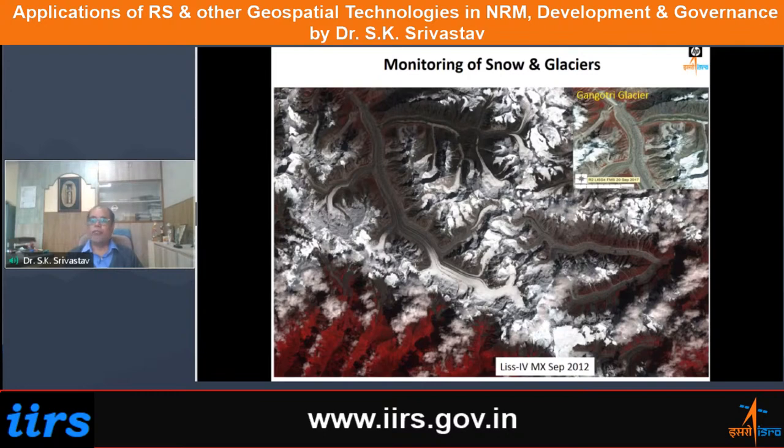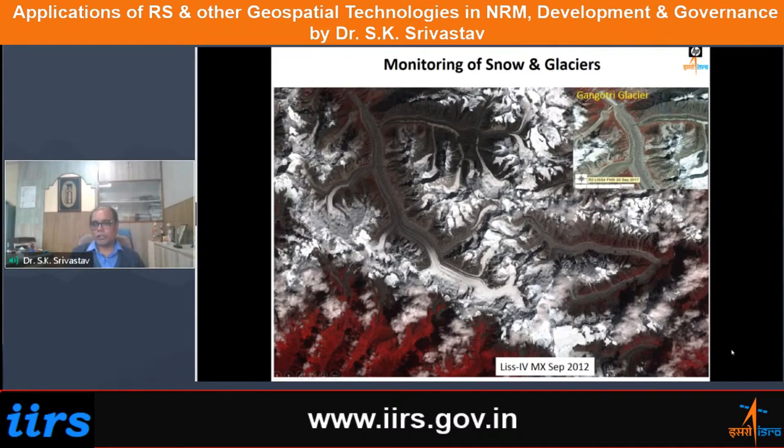These days, of course, there are certain more parameters which are required in the model, but this is the primary thing. That means the spatial or areal extent of the snow cover and the glacier has to be input into the model, and this information essentially comes from satellite images. So when we have temporal images, I can take an image every day, every 2 days or every week. I prepare this snow cover map, and those maps go as an input to the hydrological model or snow melt runoff forecasting model, and based upon that, the volume of flow which will be available in the snow-fed or glacier-fed streams is forecasted.